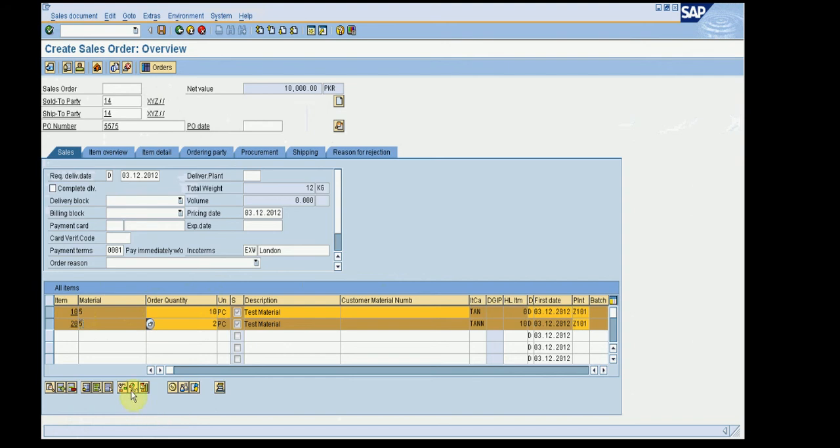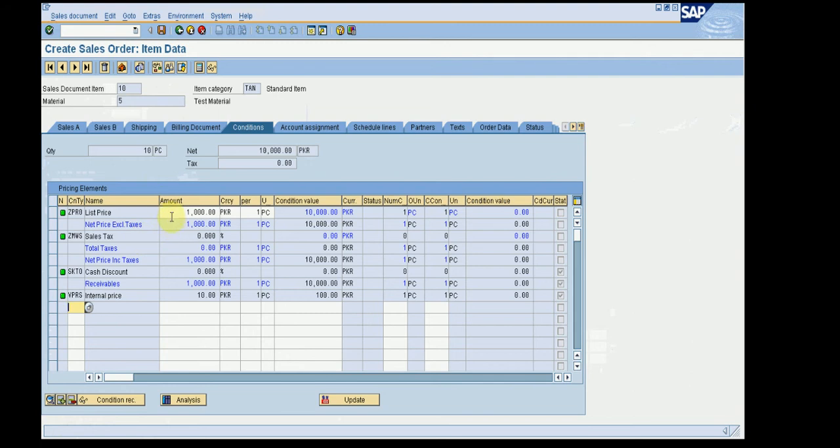Now if I show the pricing of that, you can see the list price is 1000. Since the quantity is 10, the value is 10,000. There are no taxes, there is no cash discount scenario, and this is the internal price for calculating the COPA.